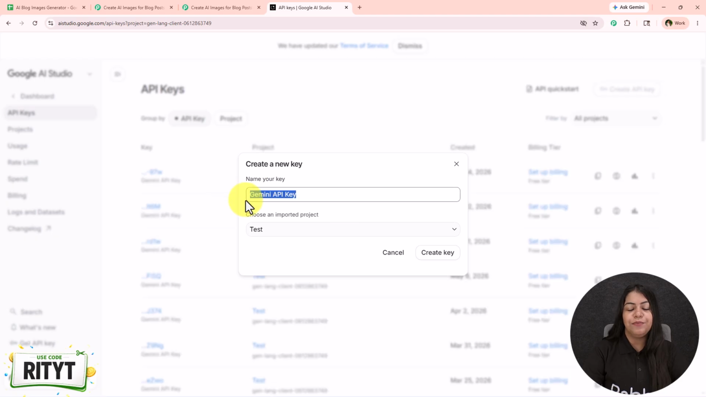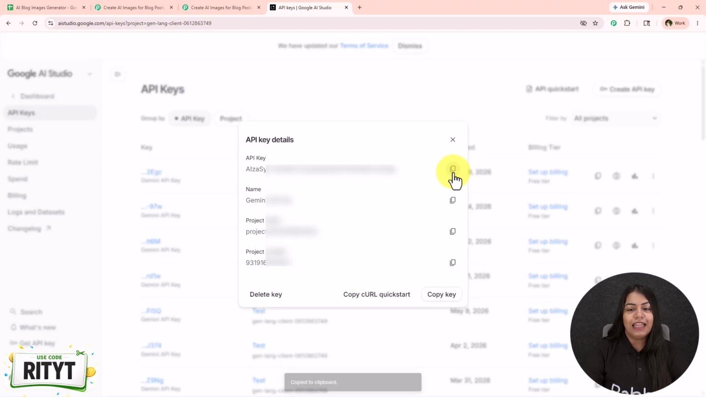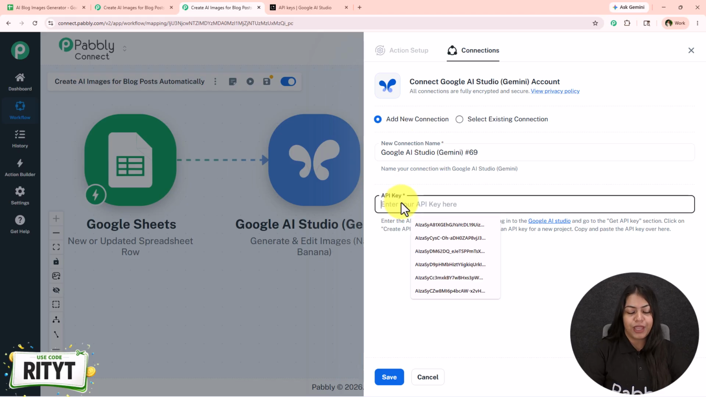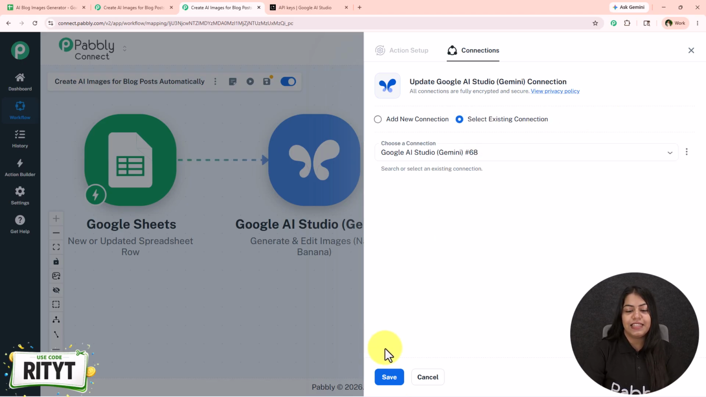Now it is saying name your key. So just name your key, choose the project, and click on this create key button. Your key will be created, so you just have to copy the key and then paste the key right over here in your workflow, and then click on this save, and your Google AI Studio will be connected with Pabbly Connect. I've already entered this key, so I'm just going to click on the select existing connection